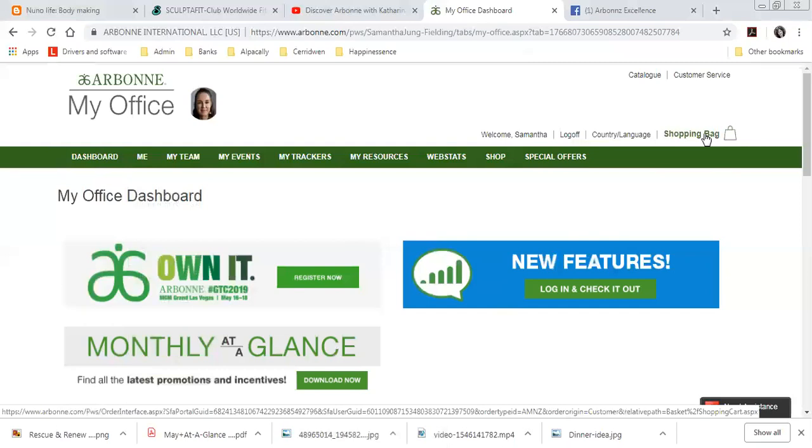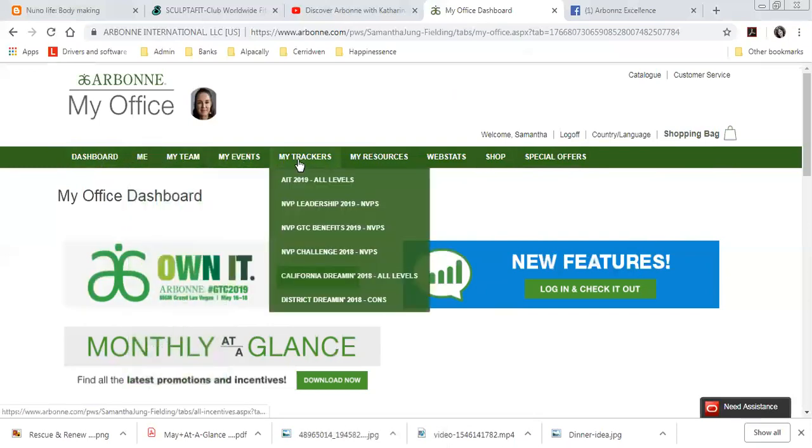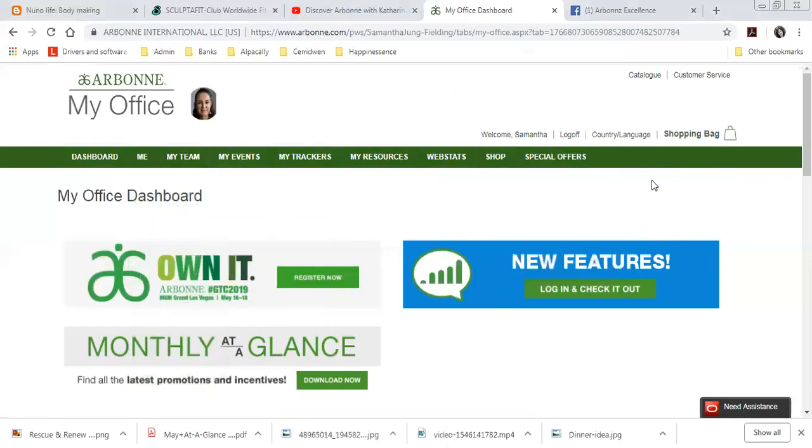So lots of different options, and it's really important that you take some time to run through My Office and get to know all of the different tabs and the different drop-down sections where you're going to be able to go. And as I say, there are some other videos that will follow because we're trying to keep these short and snappy. So it would take me more than 20 minutes if I'm going to go through those offerings as